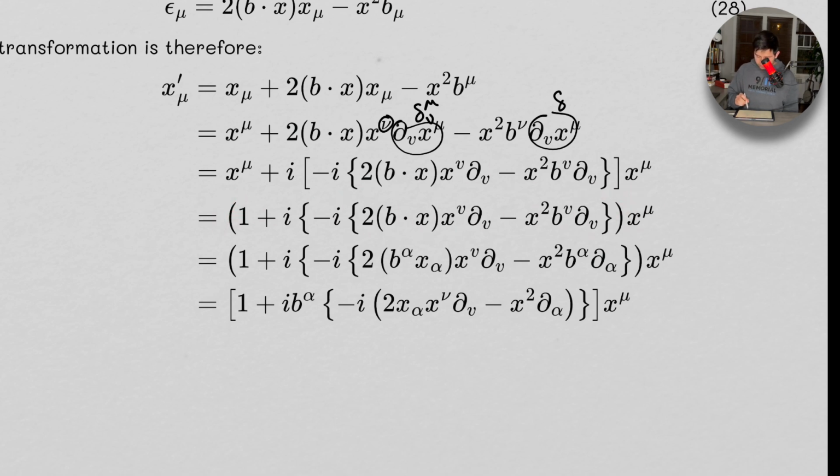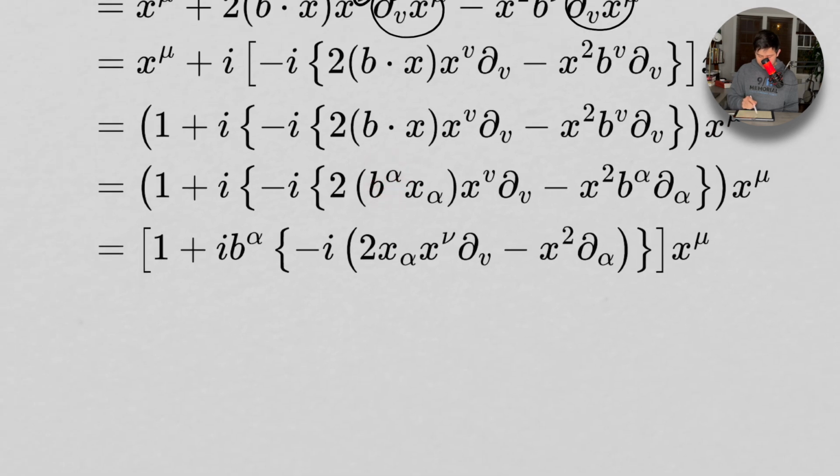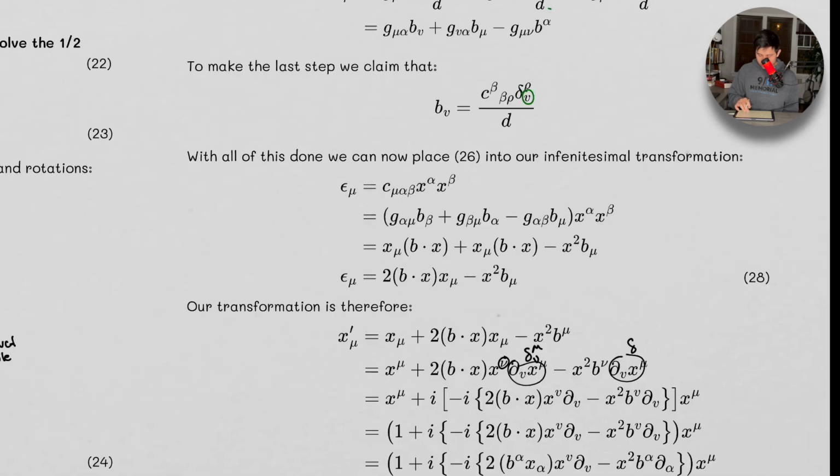and then, excuse me, this thing here again is just a contraction over these dummy indices, and so this guy here then becomes this, right? Because we have our B alpha comes out here. We have B alpha. So now we have this. And this is what we're looking for. This is the generator that we're looking for that's associated with